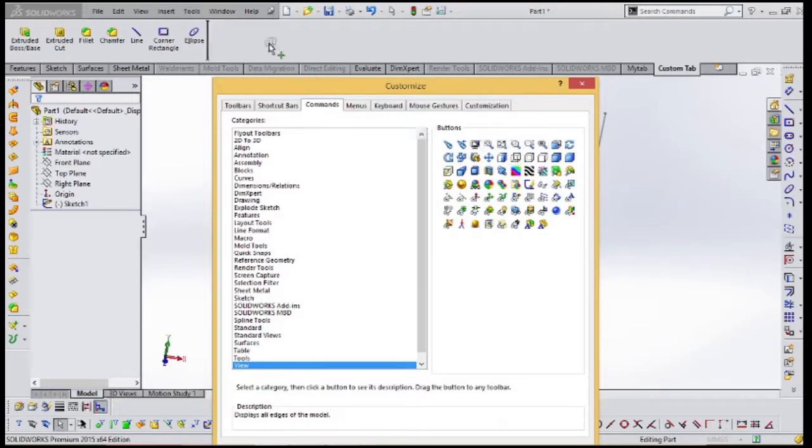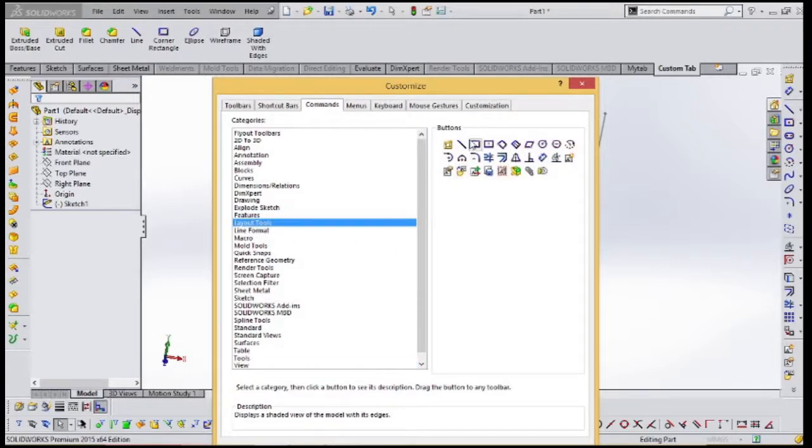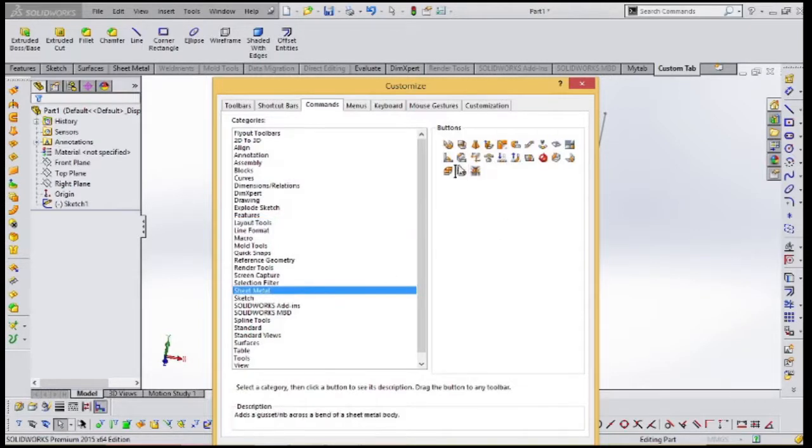This wireframe, some Shaded With Edges. Don't worry about these options, I will explain them in detail. Now we are just going through the user interface, how to customize. Some layout tools will bring, and in Sheet Metal, if you are using something, pending. Like this you can easily bring those things.